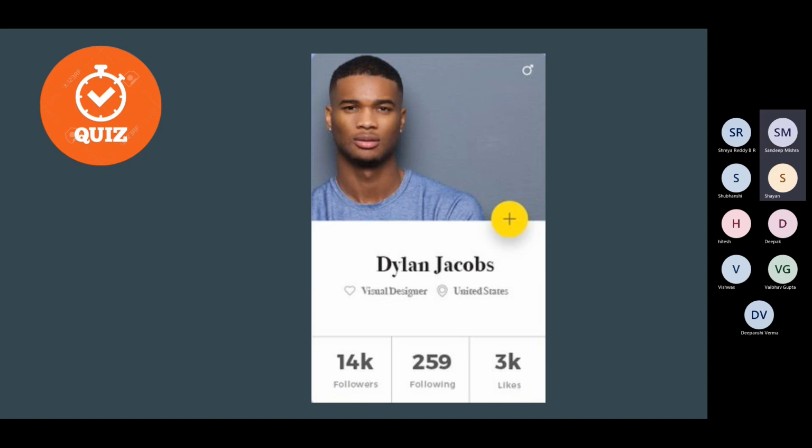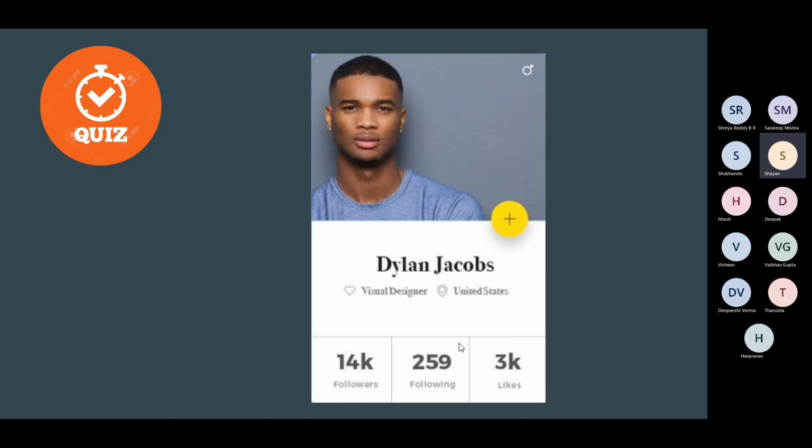As we already discussed, if we want to set each block to the same size, we have to set each of them to equal layout weight. We can set layout weight equals 1 for this block, then similarly layout weight equals 1 for this block, and layout weight equals 1 for this block. And since this consists of two things, one is 14K followers, with text views placed inside them,